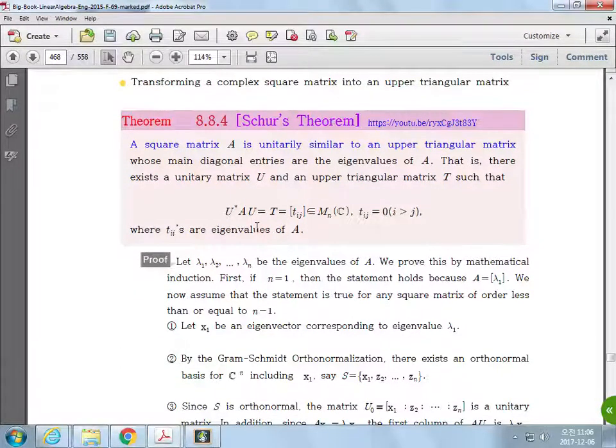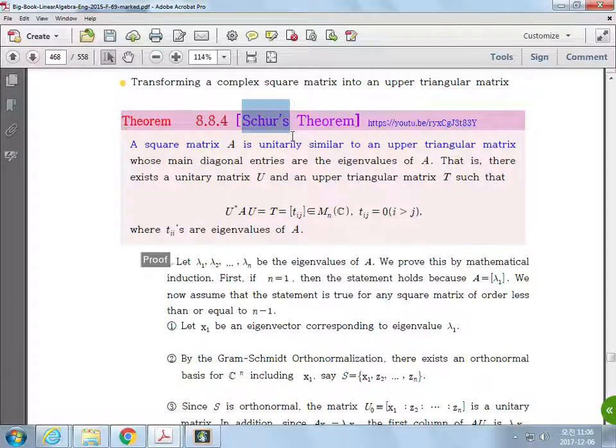The thing is, if every matrix is unitarily diagonalizable, then it's good. But not every matrix is unitarily diagonalizable. If it's a Hermitian matrix, then it is unitarily diagonalizable. But if it's not Hermitian, you cannot say it is unitarily diagonalizable. But